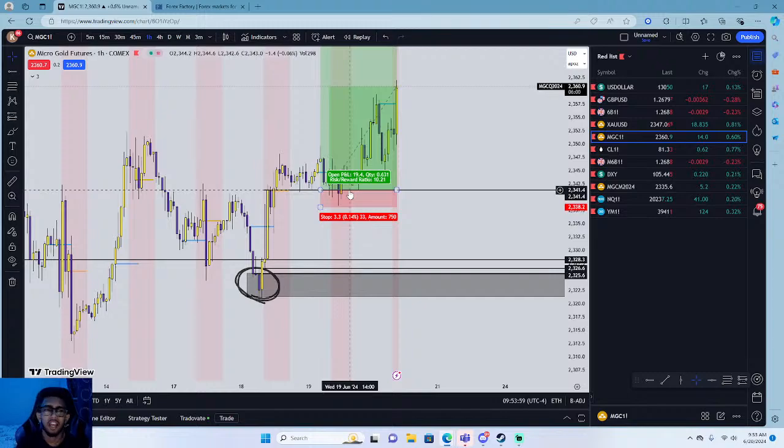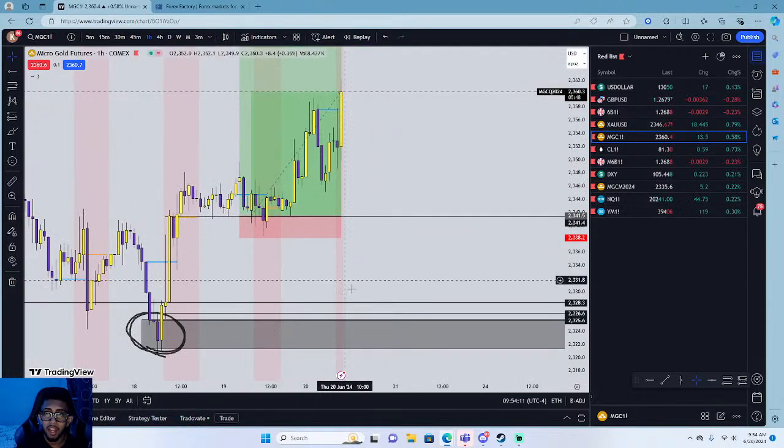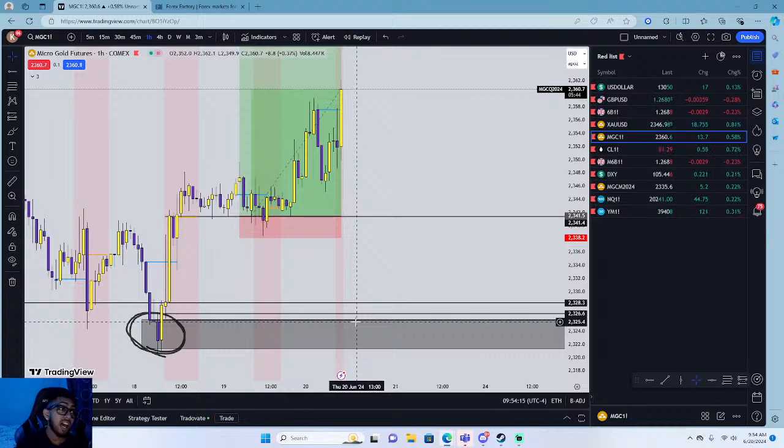Drop a dollar sign in the chat if you made some money from my gold trade yesterday, right? Because that trade yesterday, after I called it out, has not come back from that entry whatsoever. It has had a couple of retests and a couple of pullbacks. But for any of you guys that were on here yesterday and held that position, you guys are